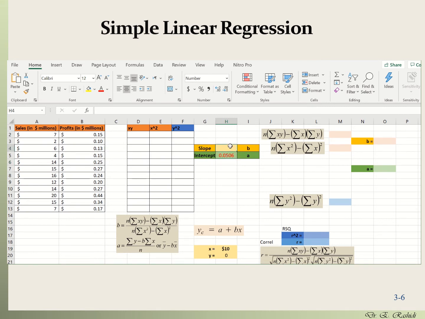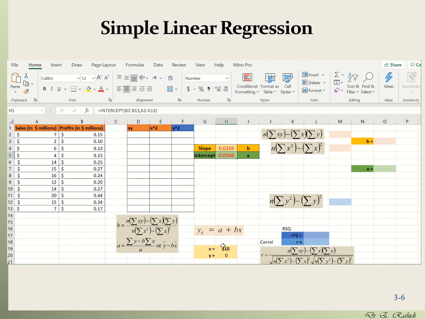Now I'm going to go ahead and compute the slope. The formula for slope is just SLOPE. Again, the first parameter is the y variable, or the dependent variable, which is profit here. I'm going to grab all this data, comma, and then the x, or sales, variable data. I'm going to select them, comma, and then hit enter, and that's it. So we have the slope and the intercept of the linear regression model, and we can just use this model, now that we have it, to make a prediction